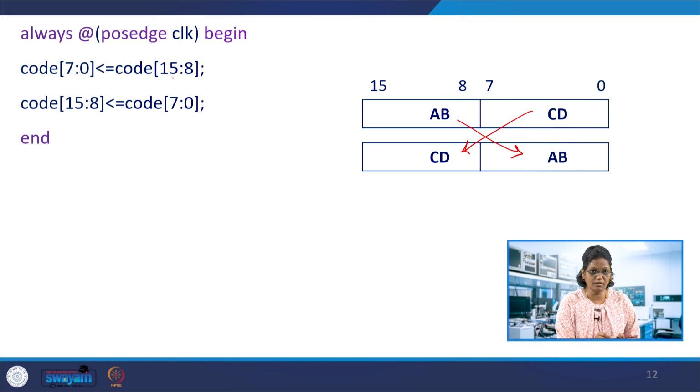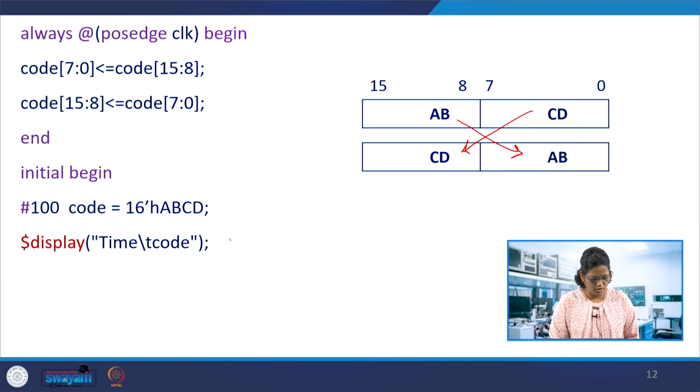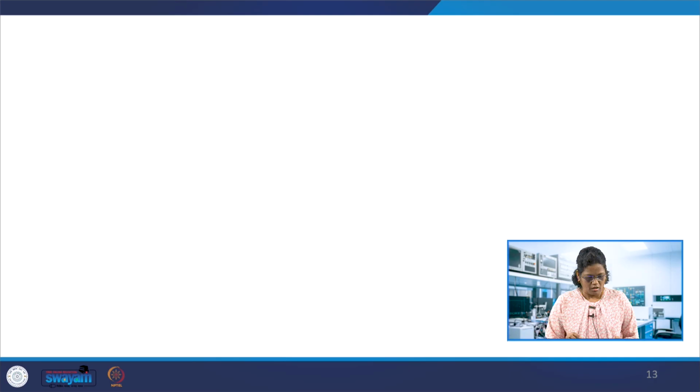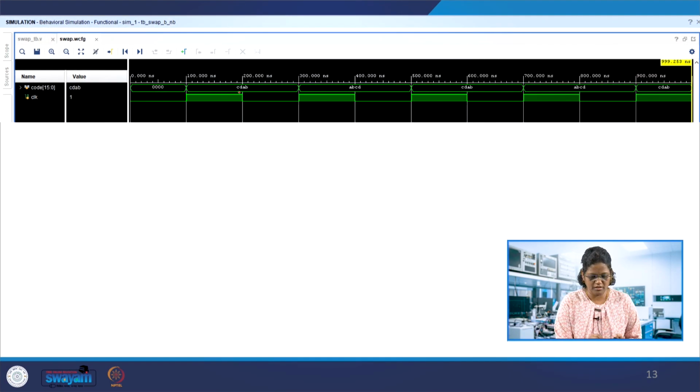This is first evaluated and it is not assigned. It is evaluated again. It's not assigned. So after this evaluation, 0 to 7 gets whatever is on the right hand side, and 8 to 15 also gets the right hand side content. So here, tested with this code, same input ABCD. So in this module, yes, the swap can occur at this point. So for these outputs you can see this is CDAB, ABCD. This is happening at every clock edge.